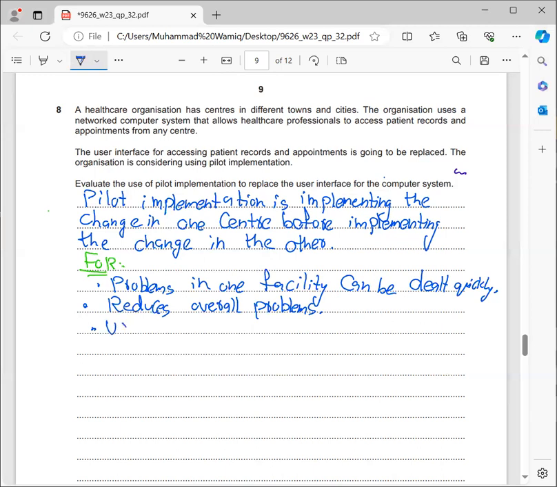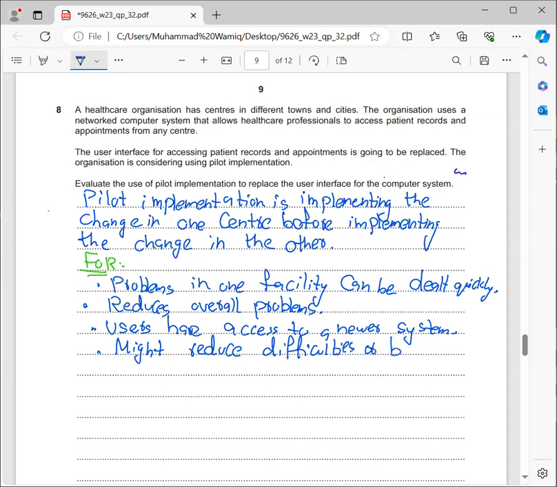You can also write that users have access to a newer system, and this new system might reduce difficulties or burden of your earlier system. You can also write that work